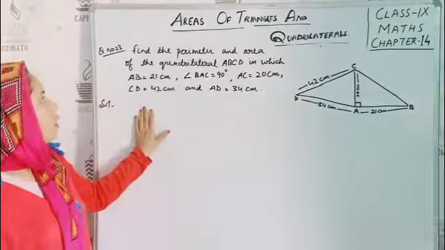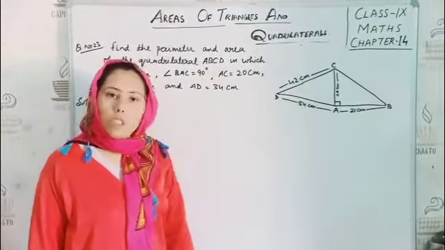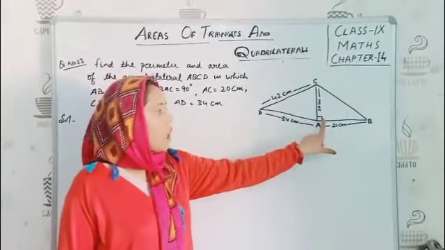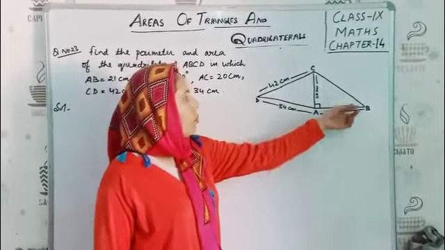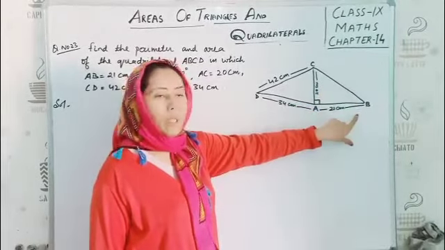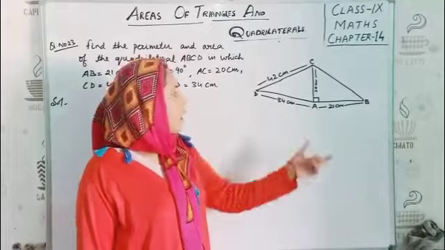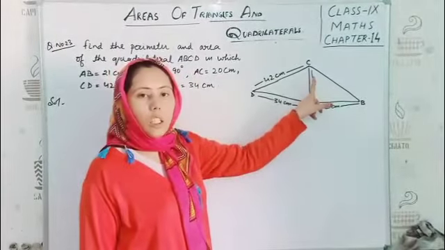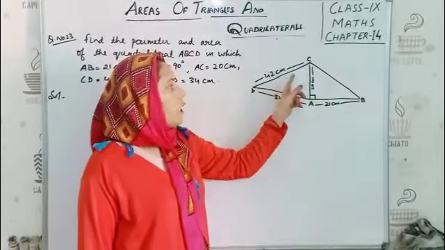Question number 23. They said find the perimeter as well as the area. You have to find the perimeter of this figure and also the area, in which these dimensions are given and this angle is given. So we know that perimeter is the sum of all sides, means AB plus BC plus CD plus DA. We do not know one side, that is BC. So first of all we will find BC. And for the area of the quadrilateral, it is divided into two triangles. First one is ABC, this is a right angle triangle, and ADC.